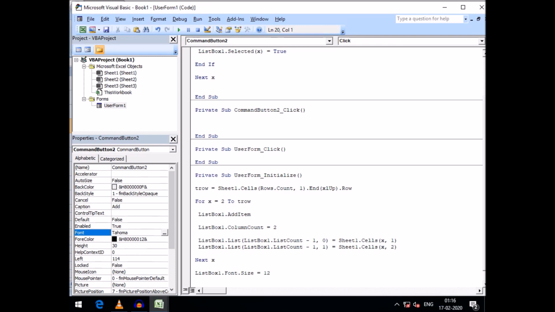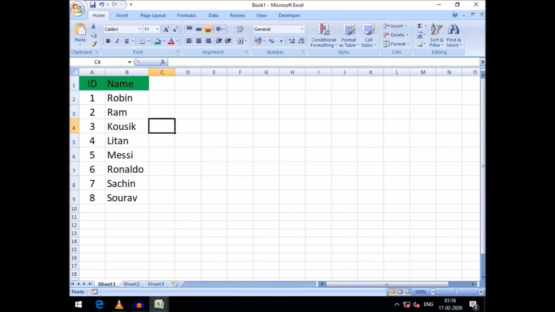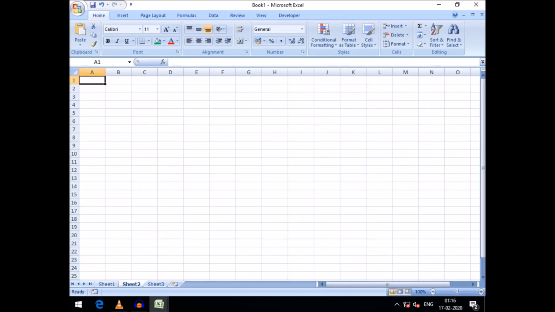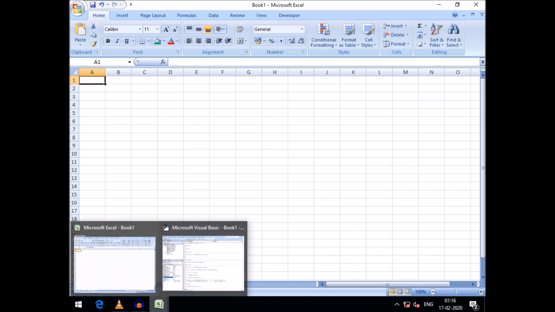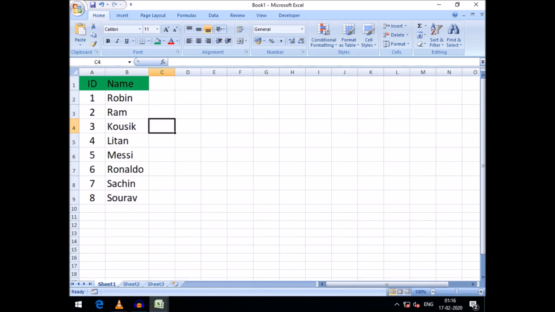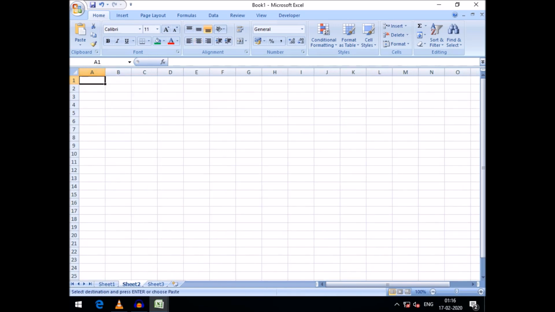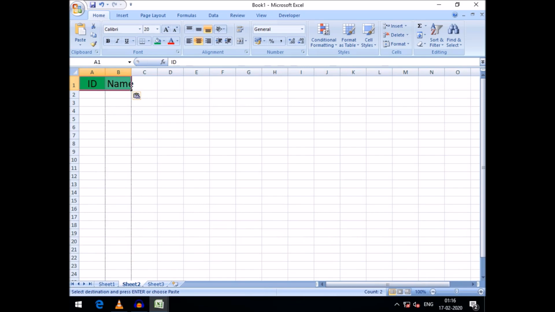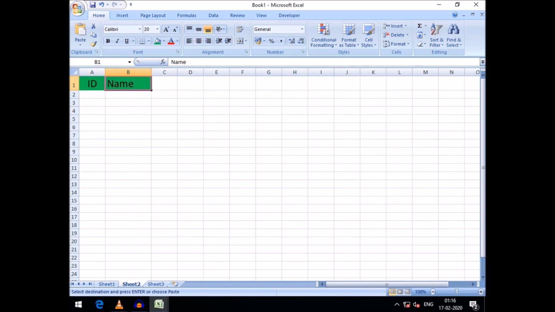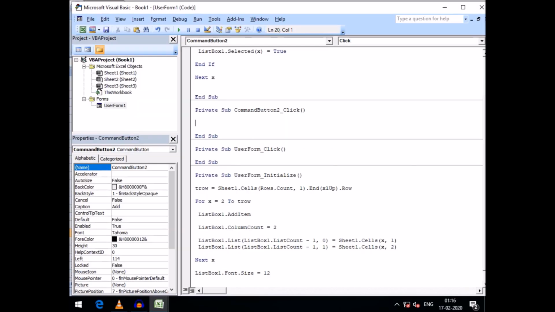So here, friends, to add items in Sheet2, suppose I want to add the selected item in Sheet2, in this sheet. So friends, just copying this for the quick heading and just dragging it a little bit. Now friends, moving to our coding section, and we want to add the items that will be found